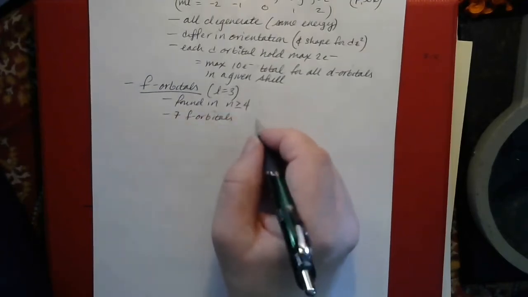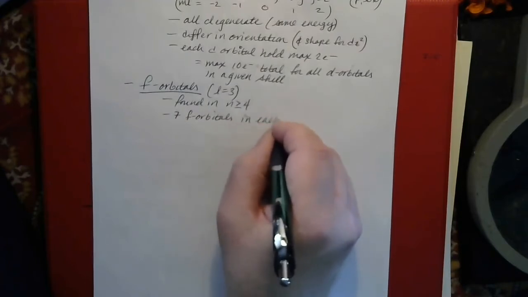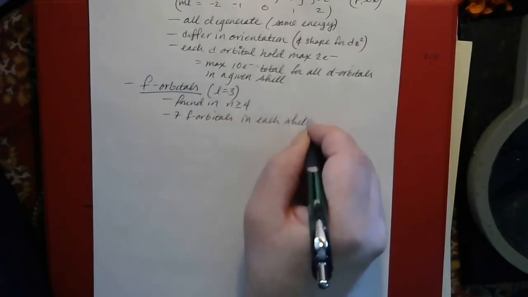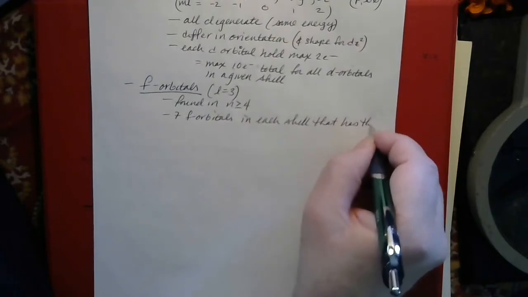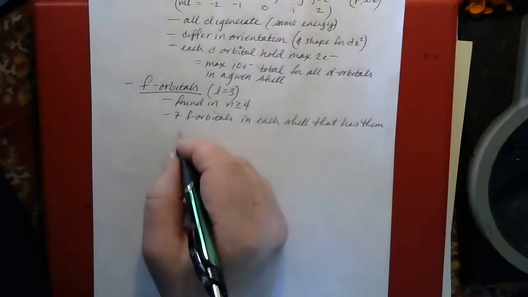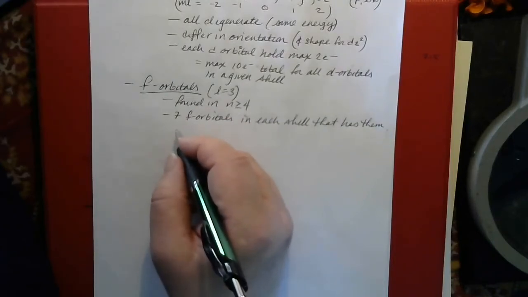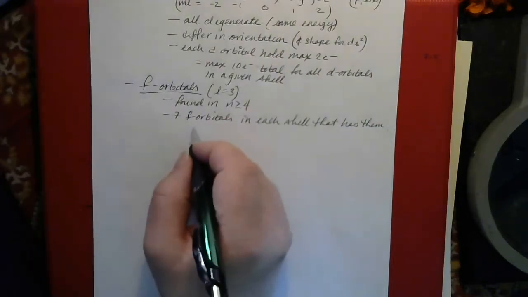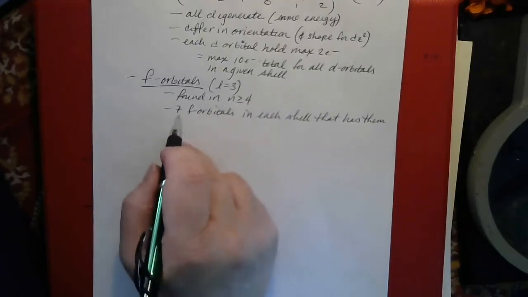And there are 7 f-type orbitals in each shell that has them. Their names are really weird, and the shapes are even weirder. You can see those on page 307 if you like. We don't really need to know the names or the shapes exactly, but we need to know that there are